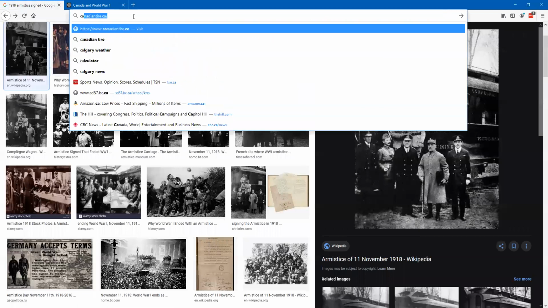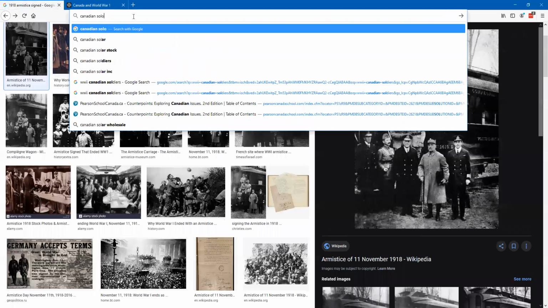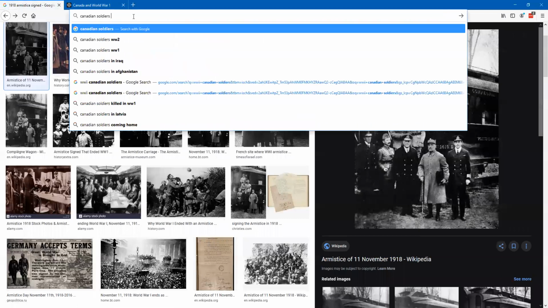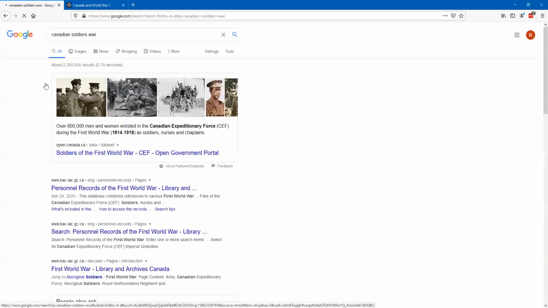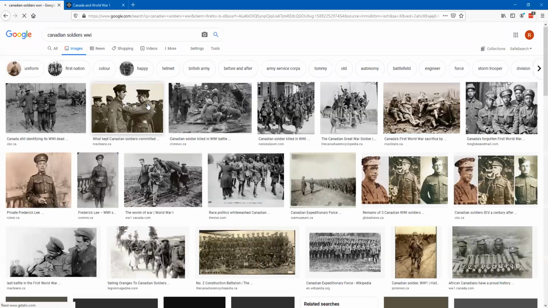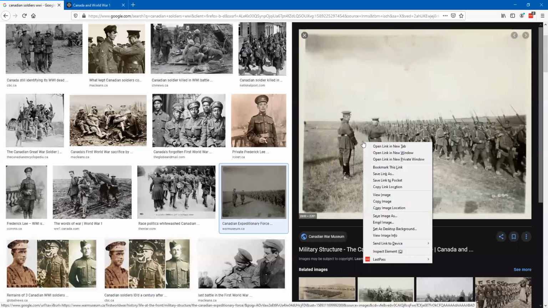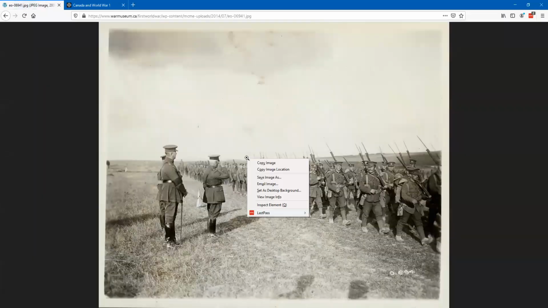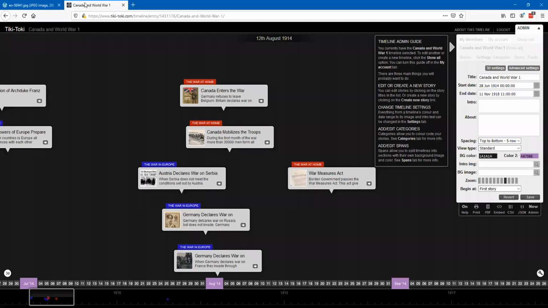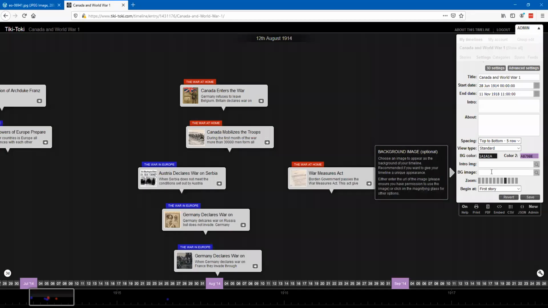so let's have a look here. Soldiers, World War I. Let's have a quick look at an image. Something that might make a good background image, might be nice and light, stuff that we can still see on. So here is Arthur Currie, and right here's Arthur Currie. Here's a bunch of Canadian soldiers marching by. This is a huge image when we have a look at the size of it at 2,800 pixels. But if I view this image and then do a quick copy image location, and I throw this in as the background image,